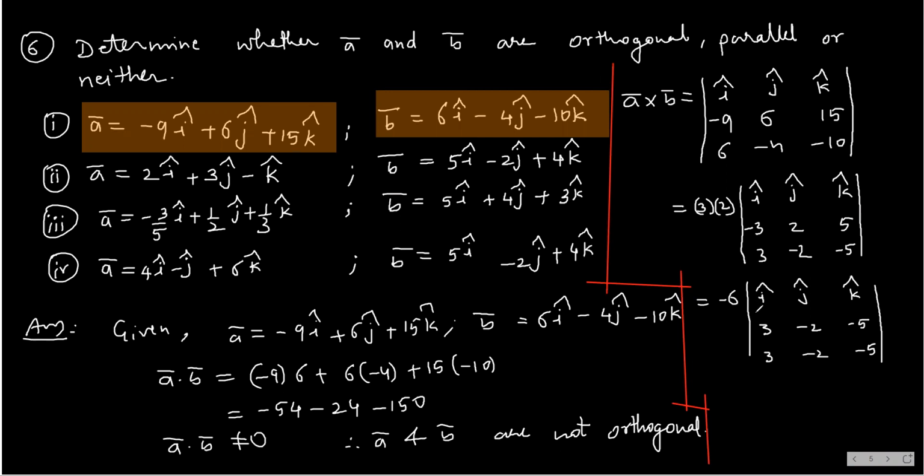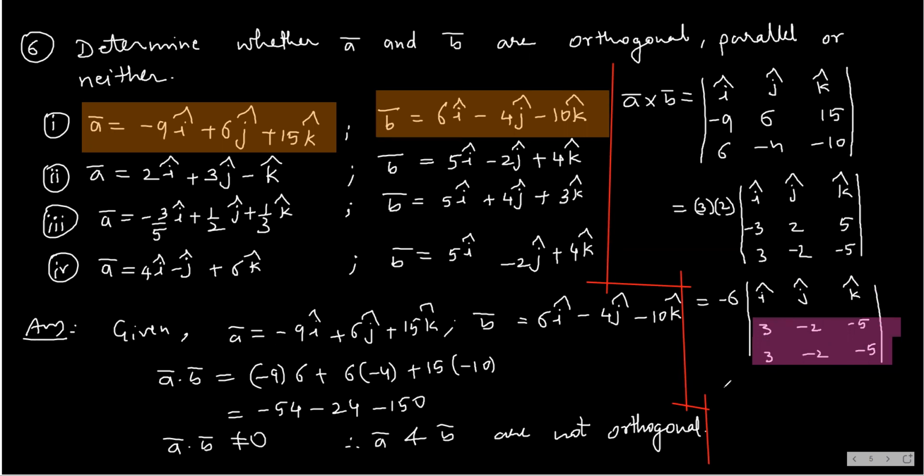See, I don't even have to evaluate the determinant. Without evaluating, I can say that the value of the determinant will be 0. Why? Because the two rows are identical. Look at the third row and the second row, they are identical. So by the property of determinant, this whole thing will be a 0 vector. This will be 0 bar. You understand? So I will get 0 I cap.